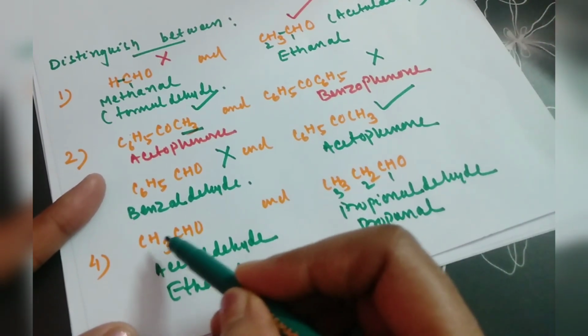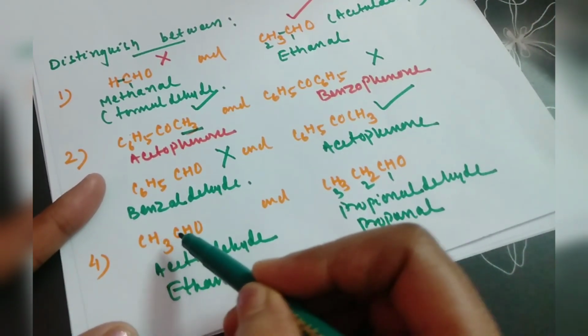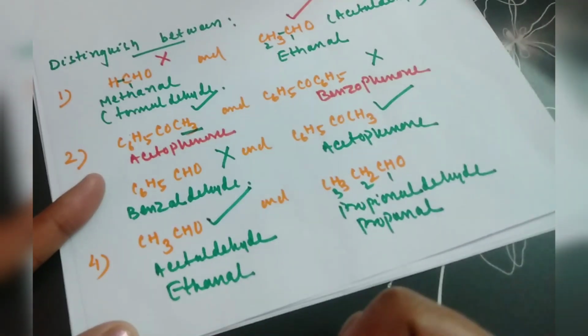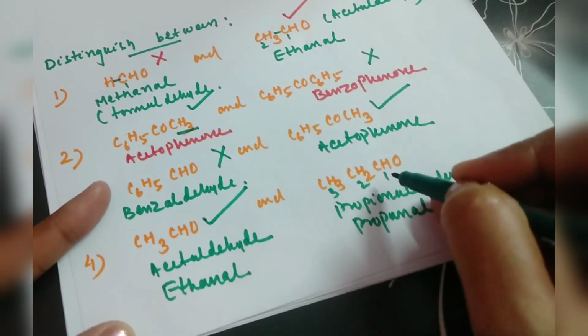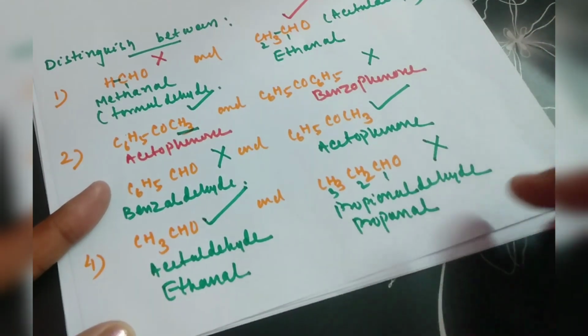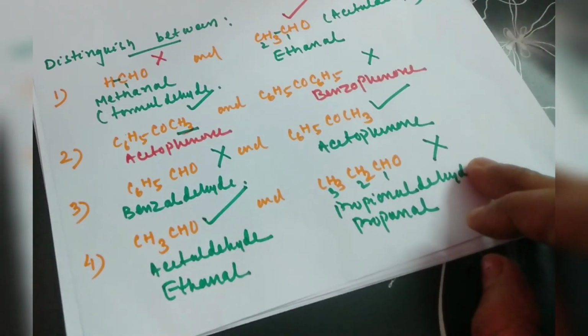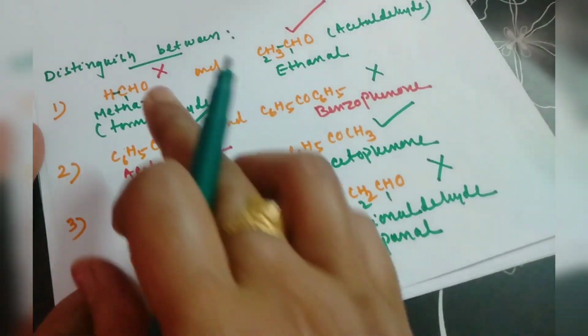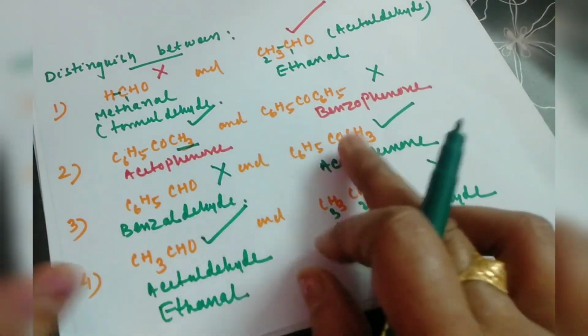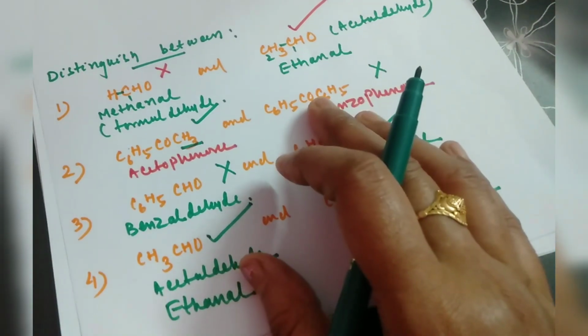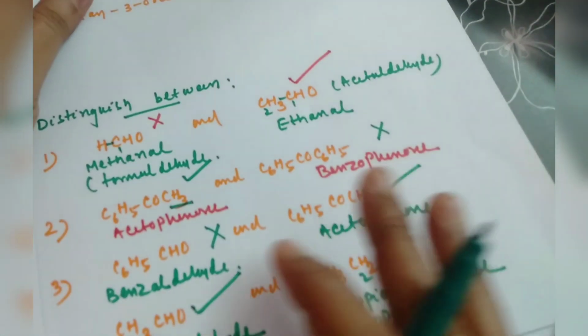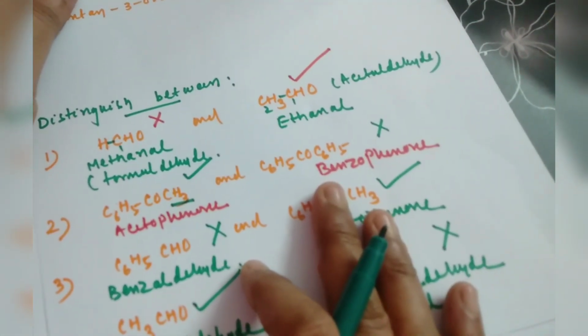See, this one is the acetaldehyde, a methyl group directly attached to the carbonyl group, so this will give the iodoform reaction, and this has only an ethyl group, no methyl group attached to the carbonyl carbon, so it will not give the iodoform reaction. Okay, so if a question arises like this, distinguish between these two compounds, of any two compounds,